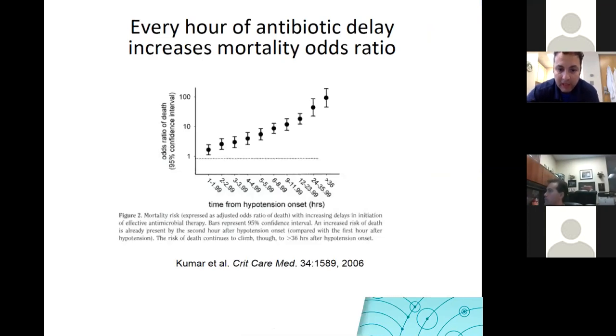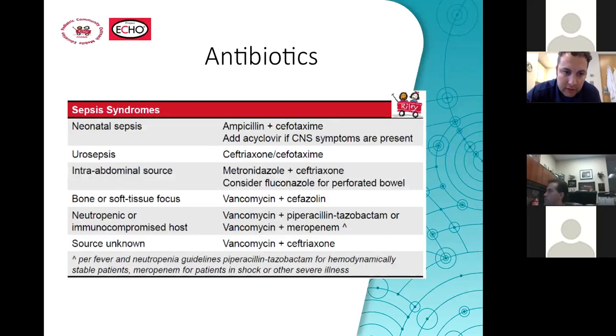How about antibiotics? We always refer you to a study from adult from Dr. Kumar. It's almost over 10 years old, but it is solid data. Every hour passed without antibiotics, the mortality in adult septic shock goes up. Not very far from pediatrics. So I cannot emphasize more how important early antibiotics are, not only ordered, because it also needs to be dispensed by pharmacy, come to the bedside and be given by the nurse. So this is very important.